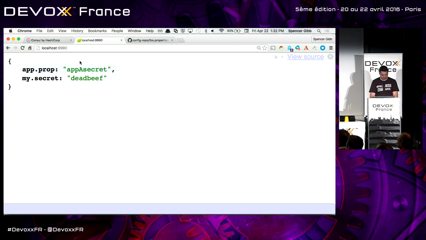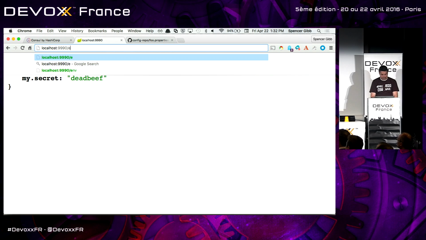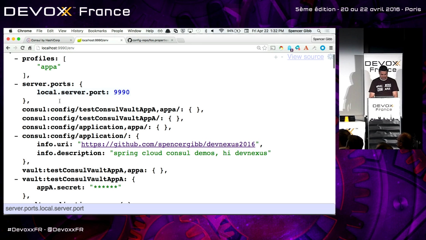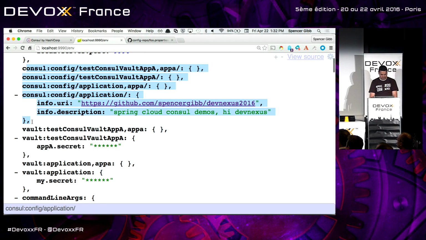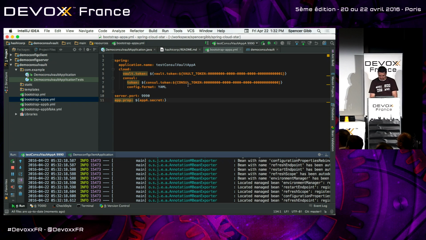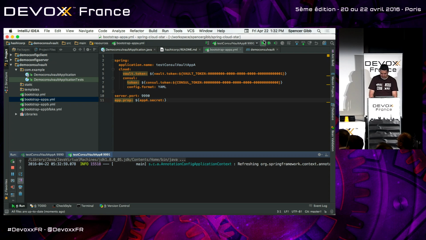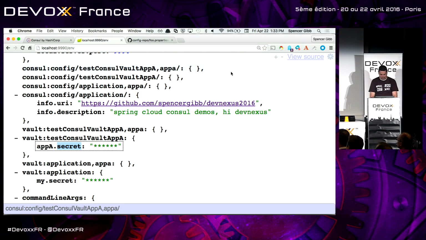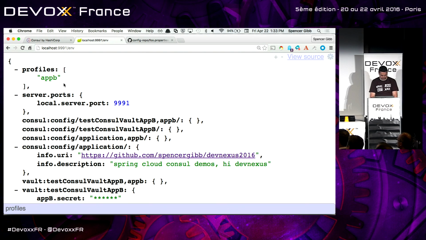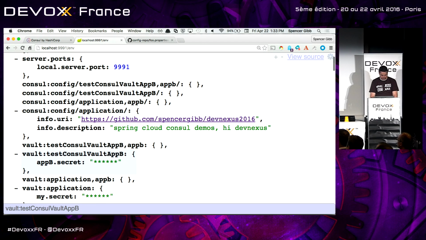Oh, there it did work. Shows what I know. So you can see that not only did we go to Consul for some information, we went to Vault and got a secret specific to our application. Okay, well, if that's the case, I'm just going to keep going. So here's app B. It's a different name, different token. See, it has configuration for app B, and it's app B's secret.